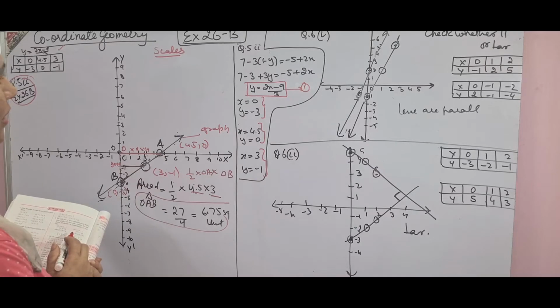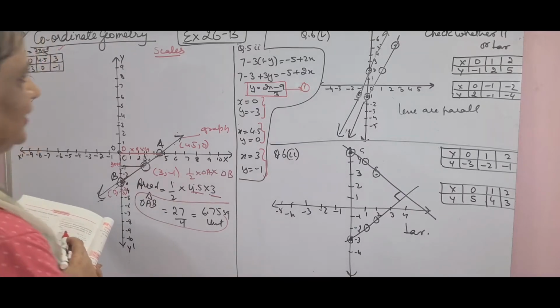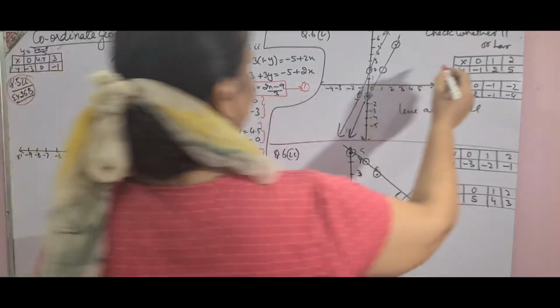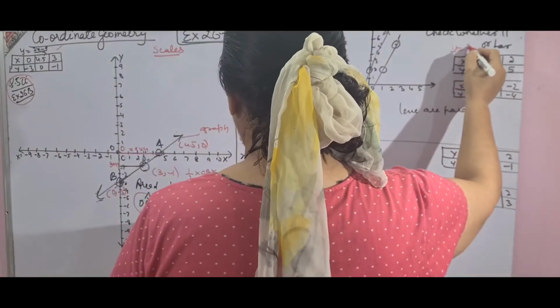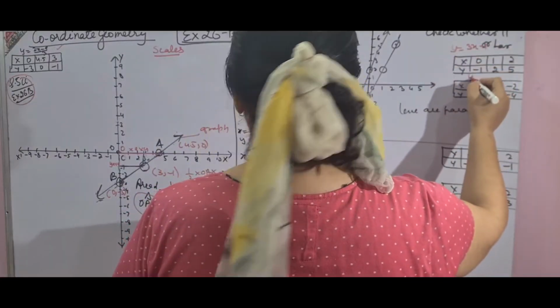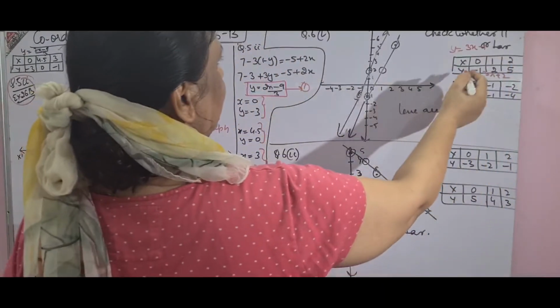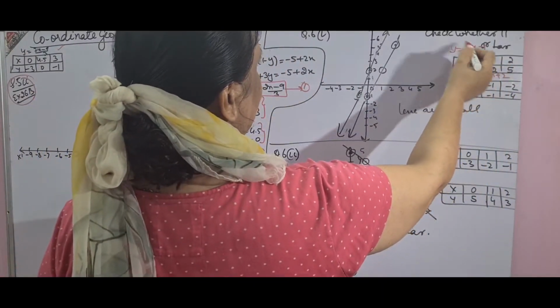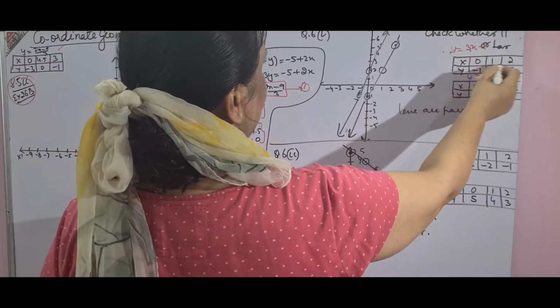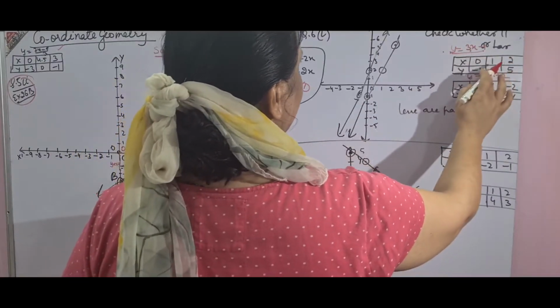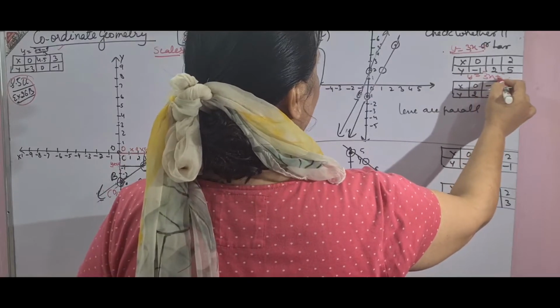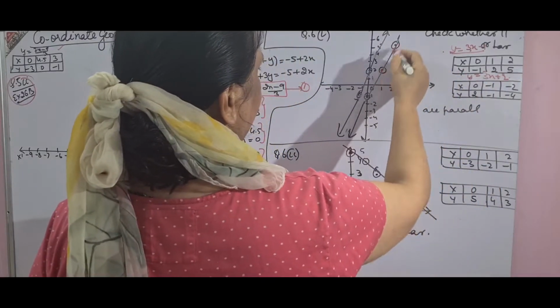For example, first question number 6, first part. See, I have already done it. My first equation is y is equal to 3x minus 1 and the second is y is equal to 3x plus 2. I plotted three points. I substituted one value and got the other, so dependent, independent. I got 3 points for the first equation, and similarly 3 for the second equation. And then I'll plot the graph.